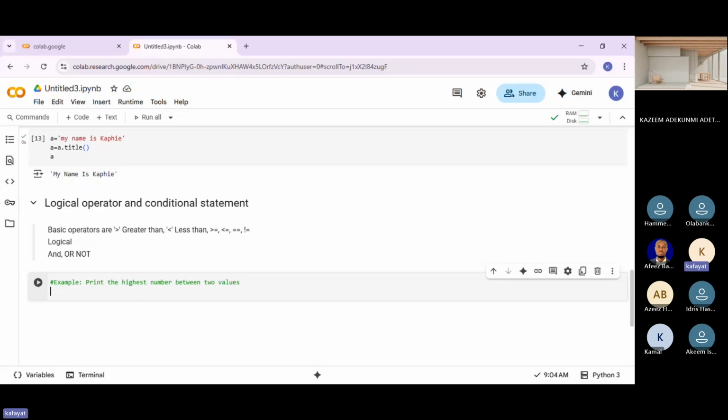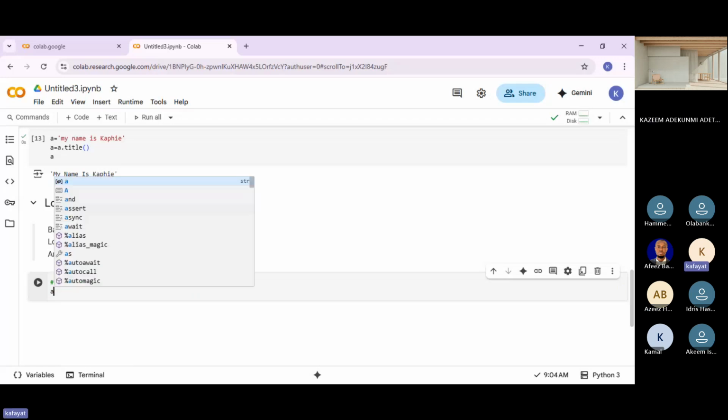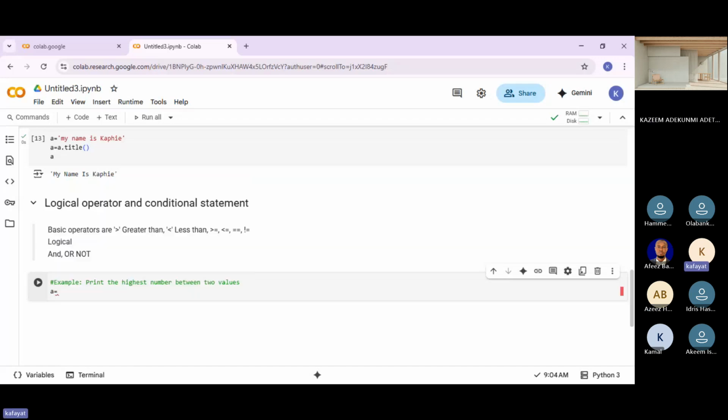How can we achieve this? Using conditional statements. My value A is 10. Let me use this one: A comma B to be equals to 10 comma 20. Print the highest number.